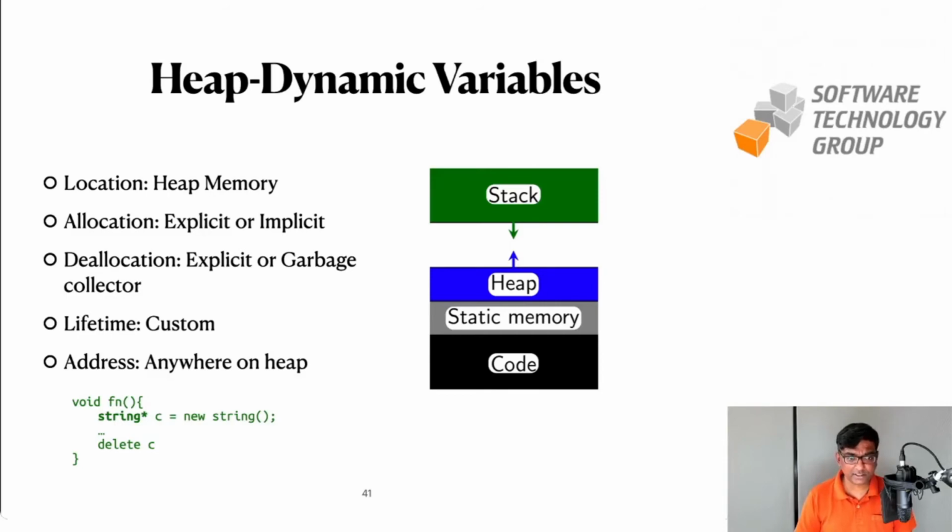You can use pointers and carry these pointers around, like this example shows, where you have a string. Essentially, the star says that the C is a pointer to a variable whose type is string, right? And in C++, you also at the end say, you delete this particular variable C. Now, we'll see the difference between pointers and references later in the slide, but essentially you can use these pointers and